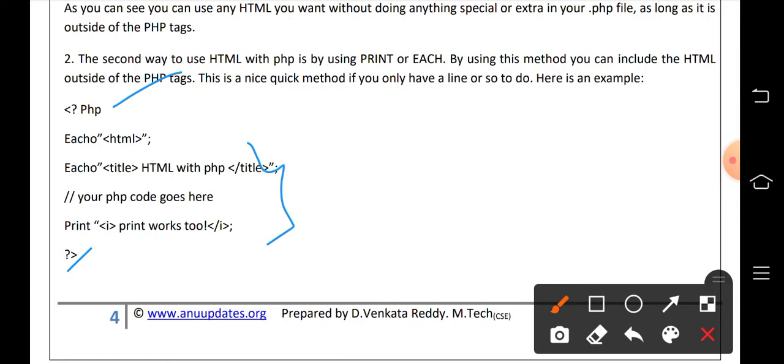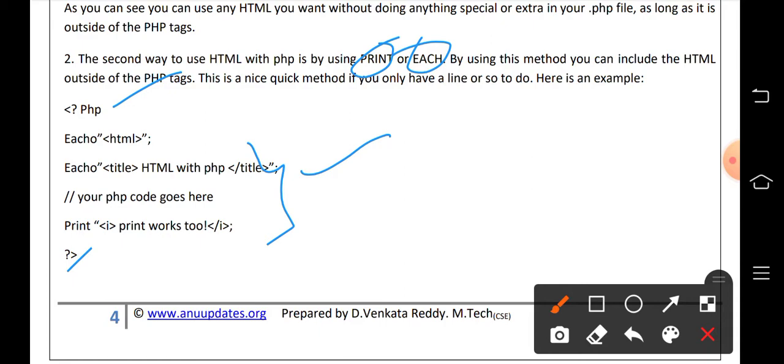Two ways to combine HTML code and PHP code. One is in between HTML tags we'll write PHP. Second one, in between PHP tags we'll write HTML by using either print or echo. By using these two methods we can write PHP code with HTML code.